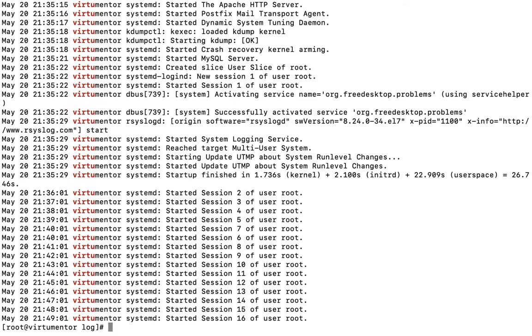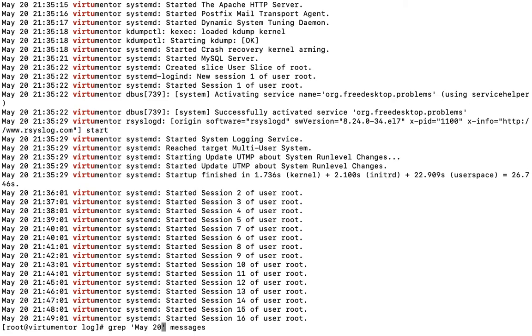We can also use multiple keywords. If you have a longer pattern to search, we can use single quotes or double quotes for the pattern matching. So here we will search for May 20.